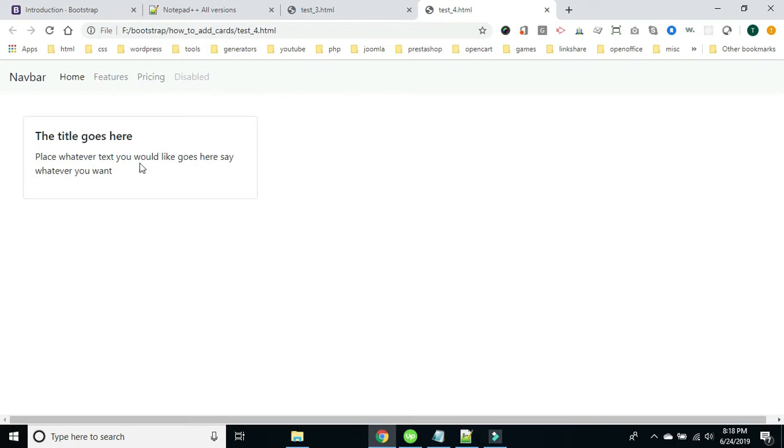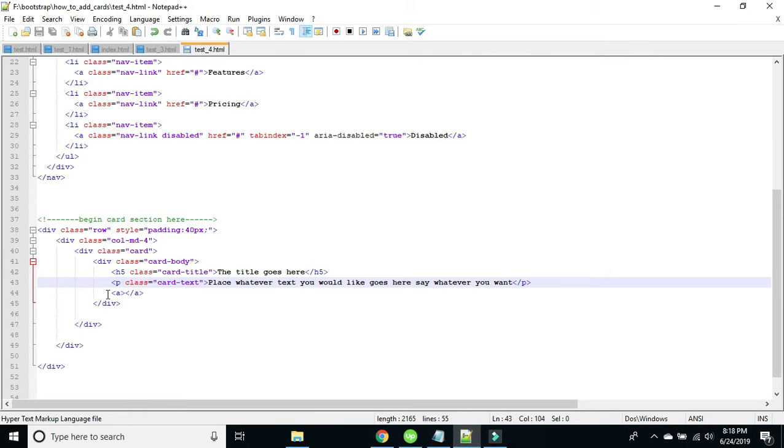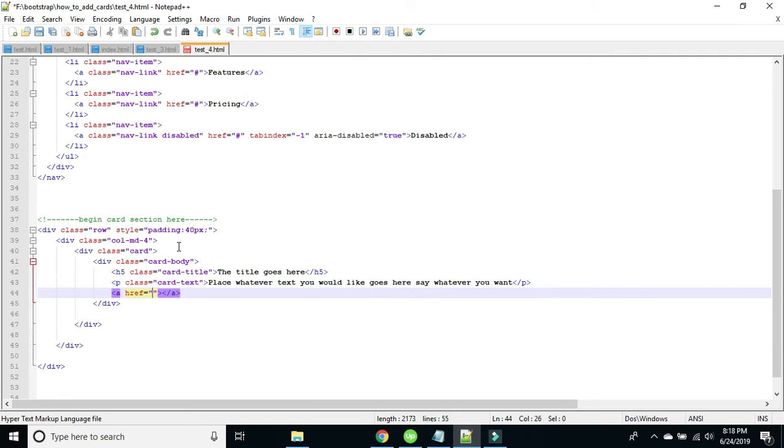So now I want to add a button, just like you see the button here on my finish page. I want to add a button there. So I'll go ahead and use some more Bootstrap classes, and I'll assign those classes to my link tag here. So first I want to do a href equals double quotes. I'm just going to put a pound sign in there because it's not linked to any pages. Then I'm going to follow that with a class equals double quotes, and the Bootstrap class is going to be btn for button, then btn hyphen primary for the